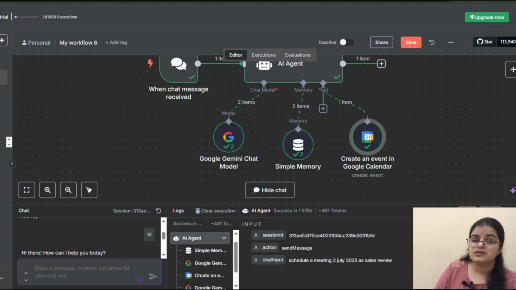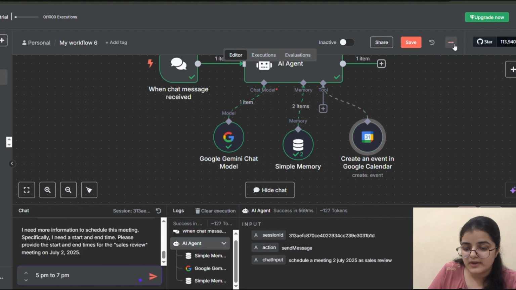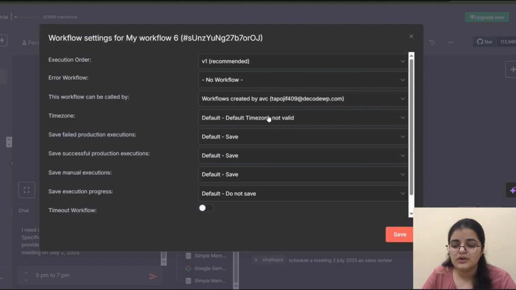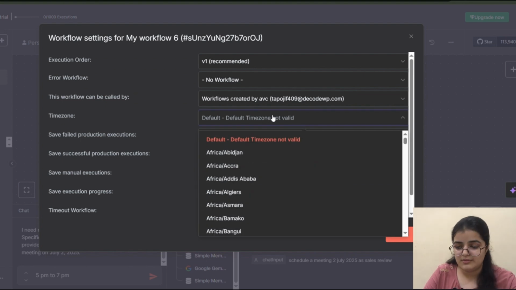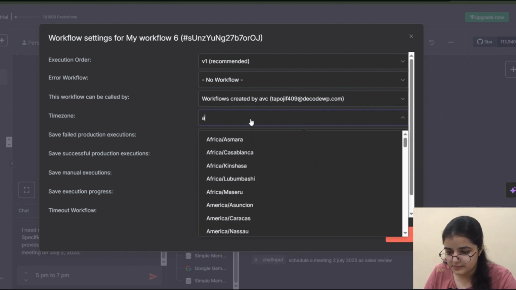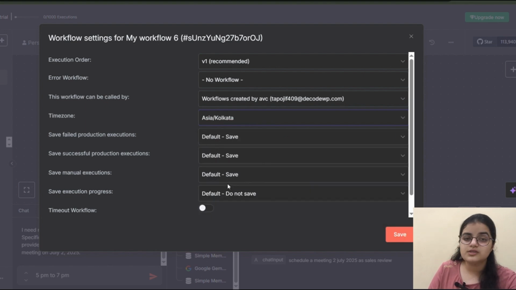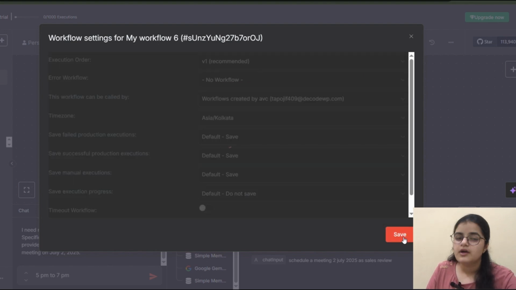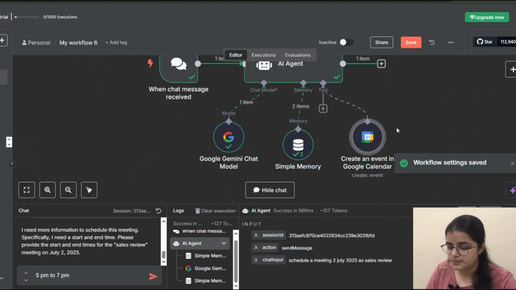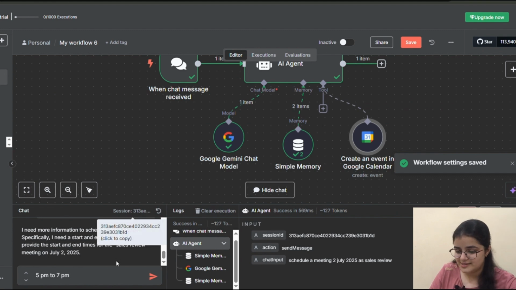You need to give it the time zone that you're currently in. So we need to click on three dots and then settings, and now you need to select your own time zone. I'm going to select Asia, Kolkata. Here we go. And now we'll just click on save. You can choose whatever you want to. And after that, we'll just send this time